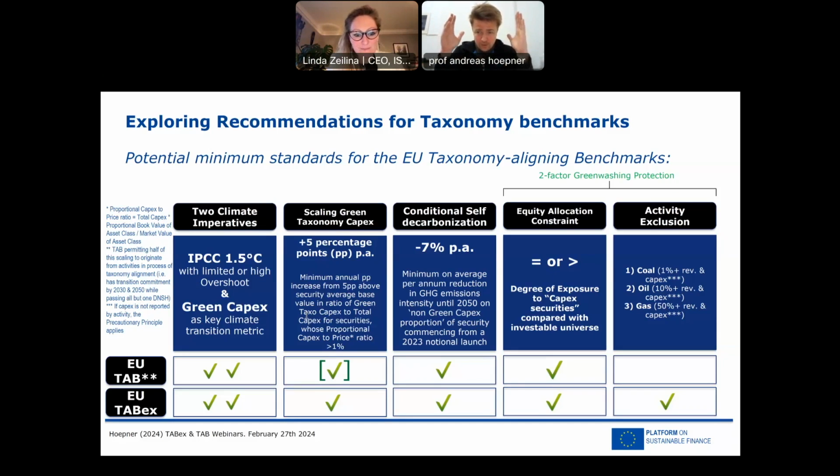Considered. Yes. So from a transition perspective, coal, oil, and gas are excluded from a PAP, not from a CTB. Coal, oil, and gas are not excluded from a TAP, and they're not excluded from a TAPEX if they want to transition. We're only excluding coal, oil, and gas firms if they do not want to transition. So if you're an oil and gas firm and you want to transition with sufficient will, meaning your CapEx for gas is less than 50% and your CapEx for oil is less than 10%, you're in. In this activity exclusion, you're only out if you violate both.